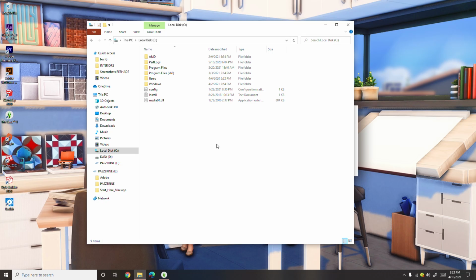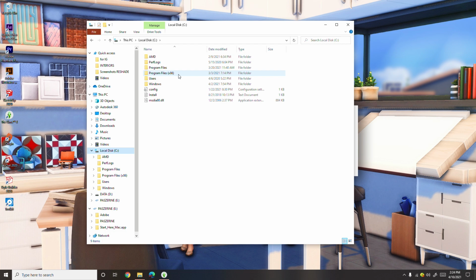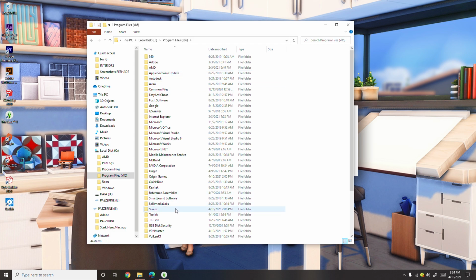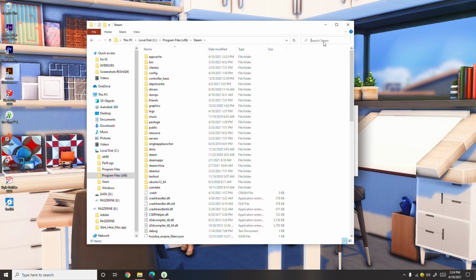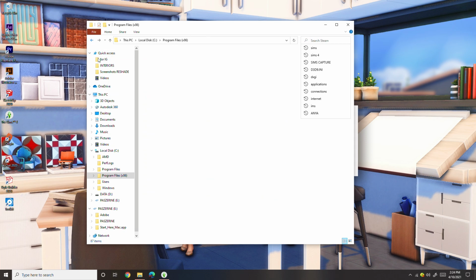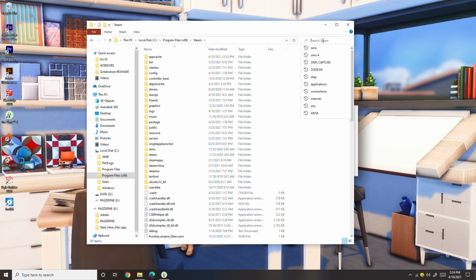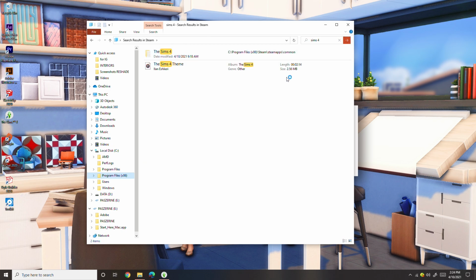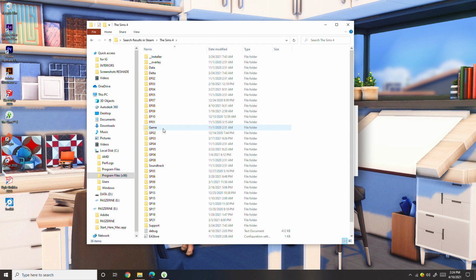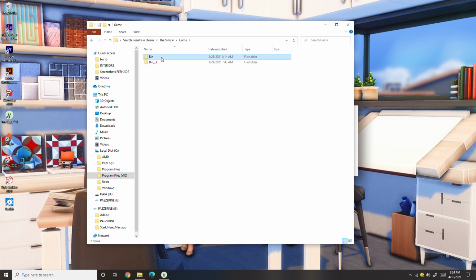Before we take our screenshots and our videos in game, we might as well set the camera settings in our local disk C, just so that we can have a smooth transition whenever we're switching from one scene to another. So first things first, you open your file explorer and then you click local disk C, program files x86, and since I downloaded The Sims 4 on Steam, I'll open Steam, but you can open Origin. Once you're in the Origin or Steam folder, go ahead and search The Sims 4 on your search bar, or you could also manually try to locate it among the folders right here. I just like to make it quick by searching The Sims 4 because it will immediately take me to this folder. Once you locate your folder, you click on Game and then Bin,